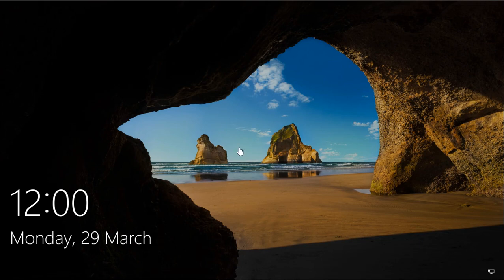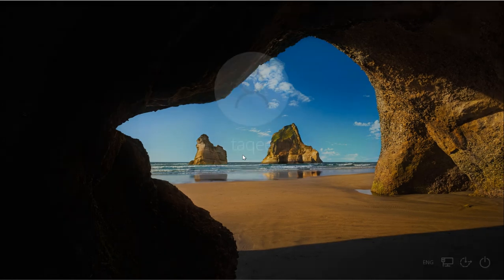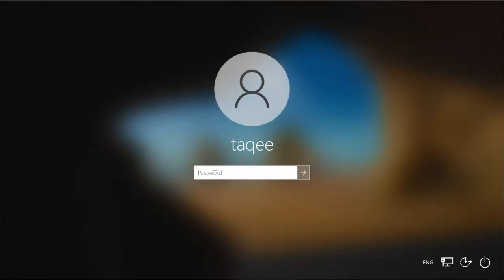Now this sign-in screen is different than Windows 7 or previous versions of Windows, but it is almost the same as Windows 8 or 8.1. Here you have to click enter. This is the welcome screen. When you click enter, it shows the sign-in menu. Here you will see the login user option, and then you can log in here. And if you have other users, then it will show those other users on this side, and then you can choose the user from here which you want to log in. And then you can give the password and log in.